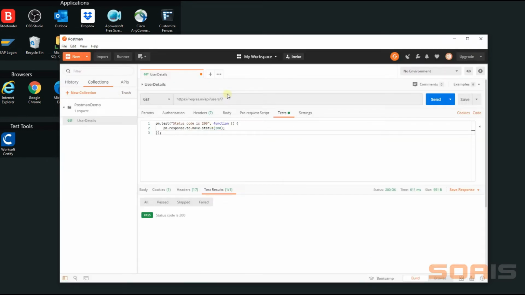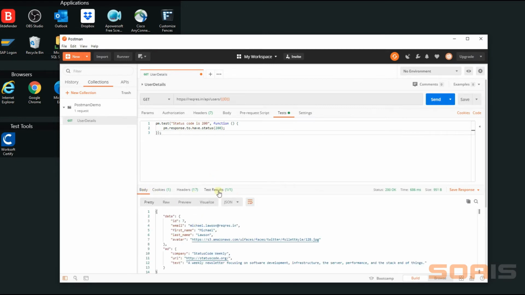Okay. So now the 7 is still hard coded in the request here. So I'm going to change that to the variable that we just created. So double braces ID. You're going to find the one that you just created. So this is done. Now let's test it out. I'm going to click on send, and you can see that our test case passed and we have got the value. Good.